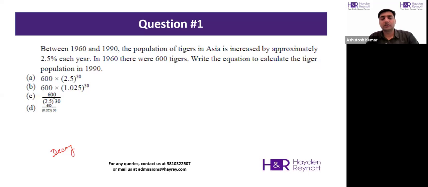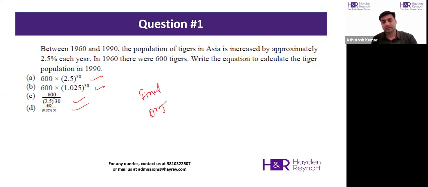Now we can talk about the questions that we might be getting in the SAT or any other exam about the exponential function. So the question you have here is, between 1960 to 1990, the population of the tigers in Asia increased by approximately 2.5% each year. In 1960, there were 600 tigers. Write the equation to calculate the tiger population in 1990. Now you can see you have 4 options given over here. But firstly, you need to find out what is the final value, what is the original value